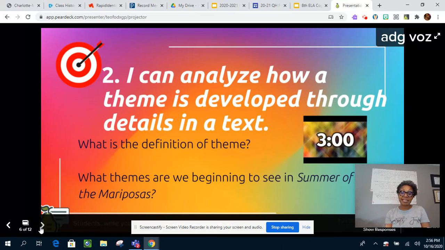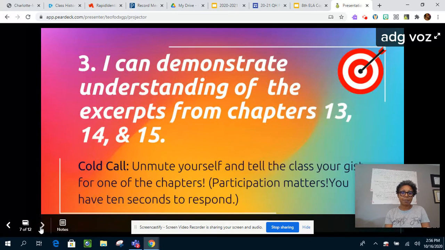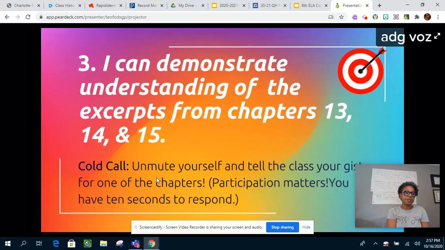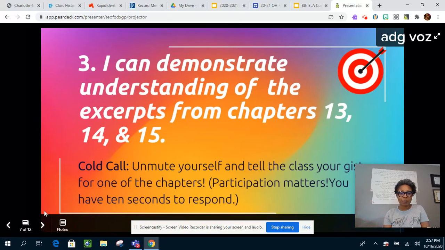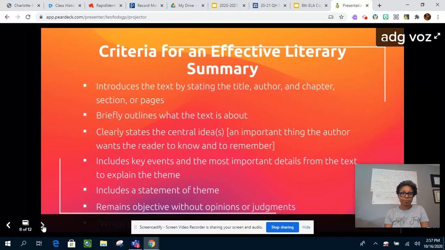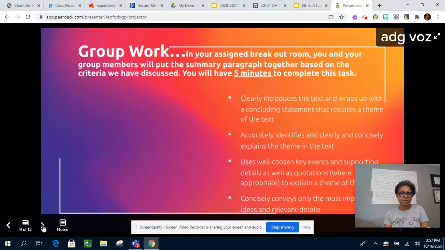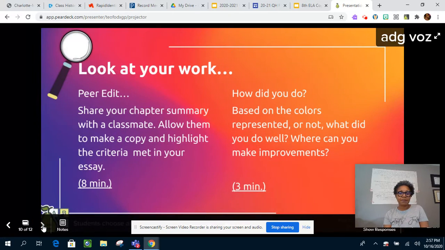Now, at the end of our lesson, because they are responding, or if they're not typing in their answers, I may cold call, and a cold call is when I ask the students to unmute themselves, and I will, or Ms. Faust will, call on the students randomly, and we expect them to unmute themselves and participate. But one of the